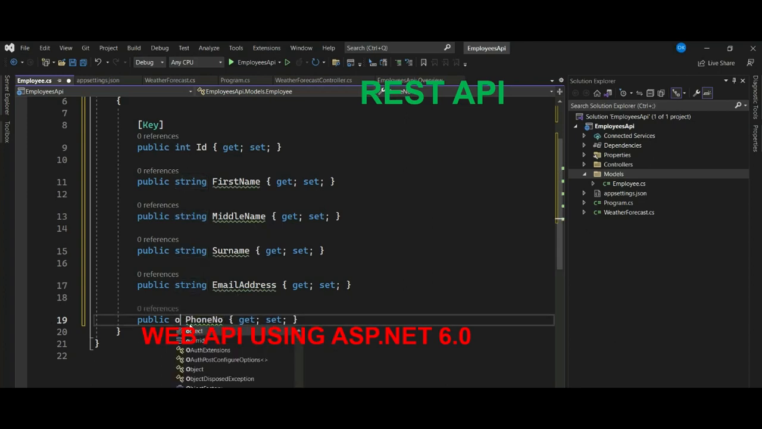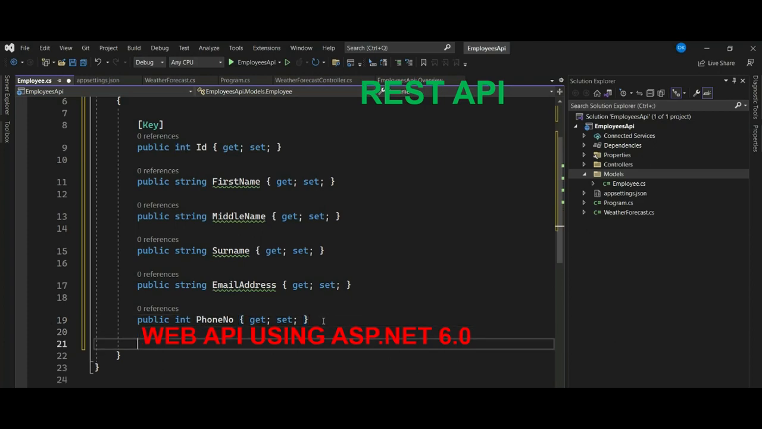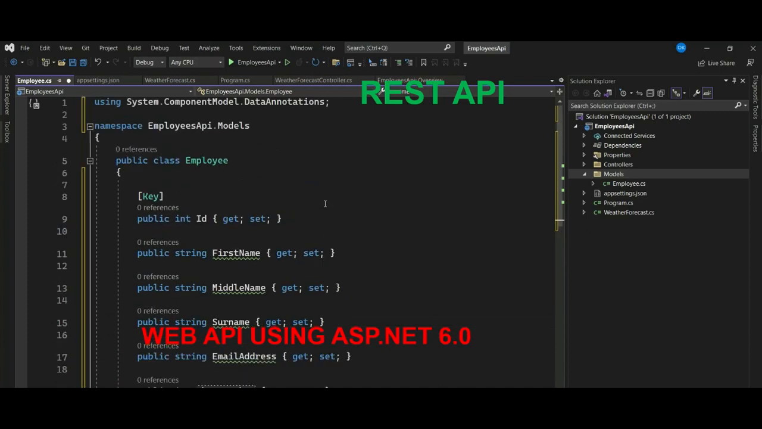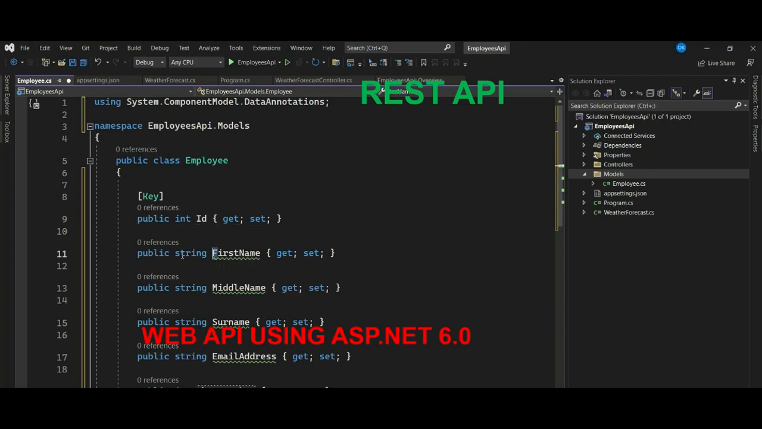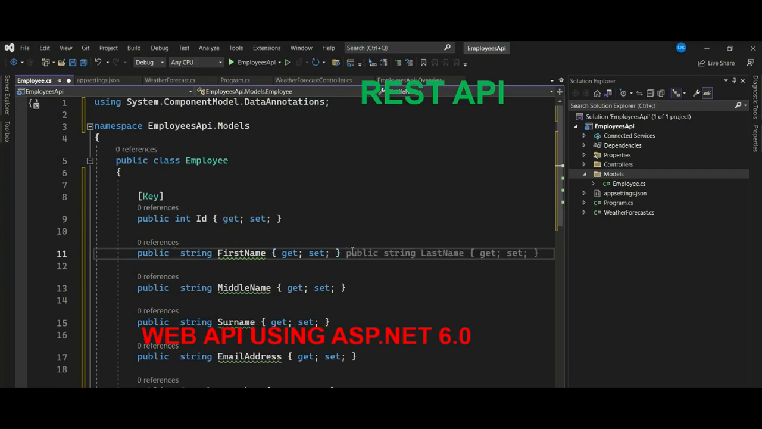This is integer. Then you can have it as full phone number. Then I think this is fine. So as you can see on these fields, the strings kind of contain a null value. So if we want this to be required,